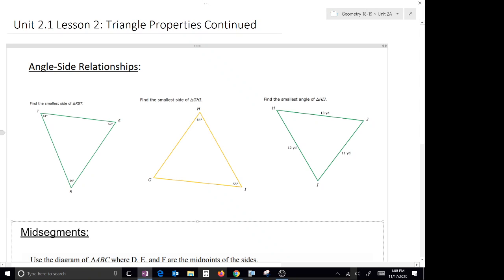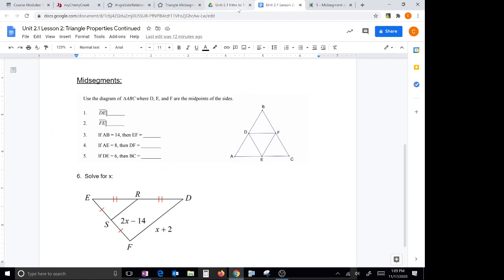So the first property that we're going to look at is angle-side relationships within a triangle. The biggest thing that we need to know is that there's a relationship between an angle inside a triangle and the opposite side. And to demonstrate this, I've got a GeoGebra